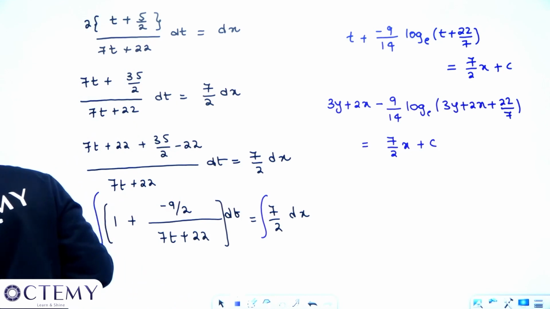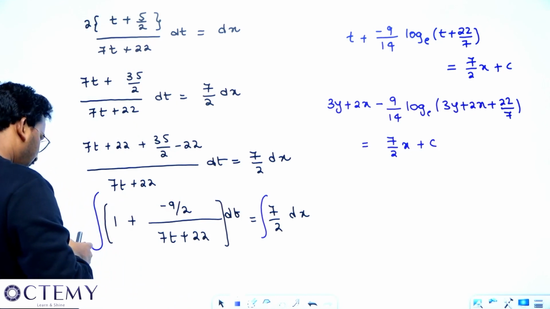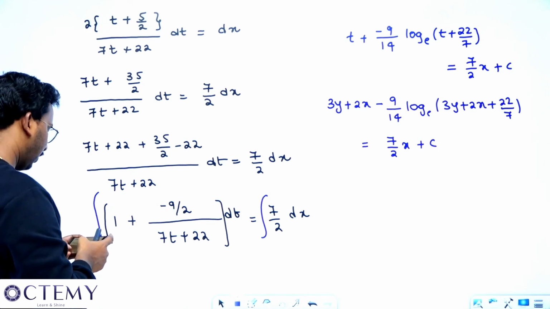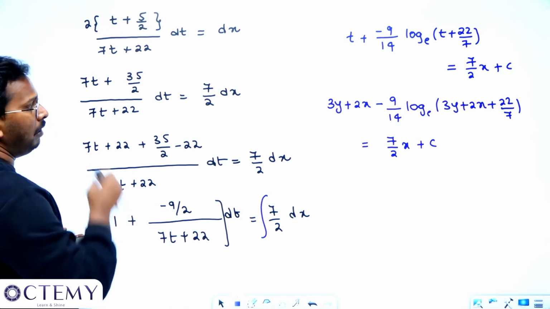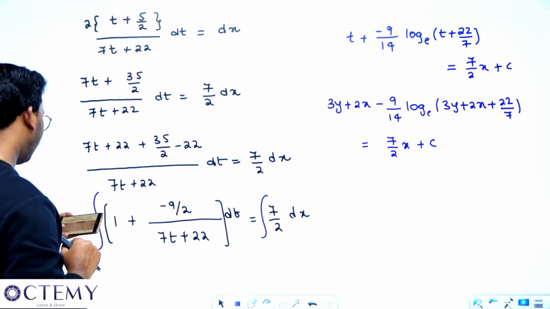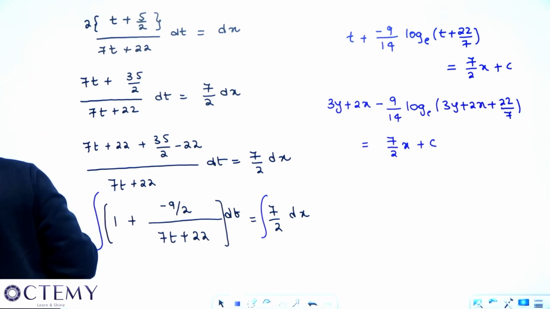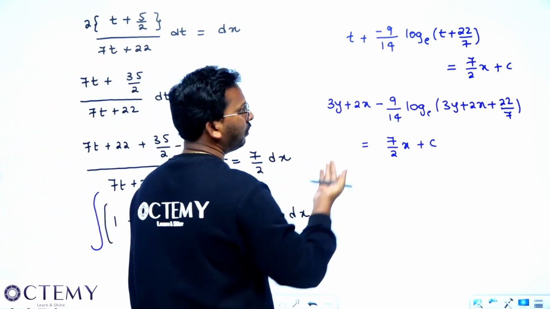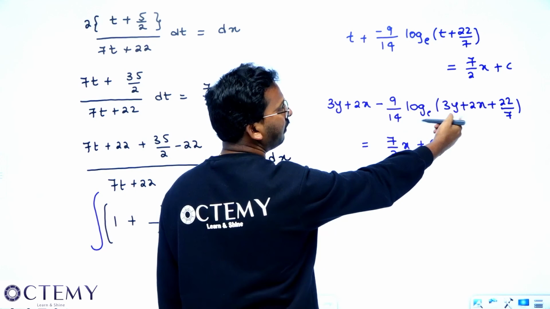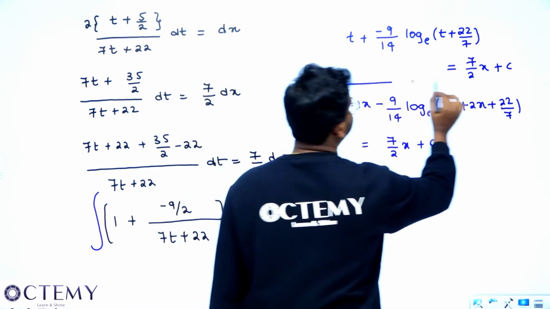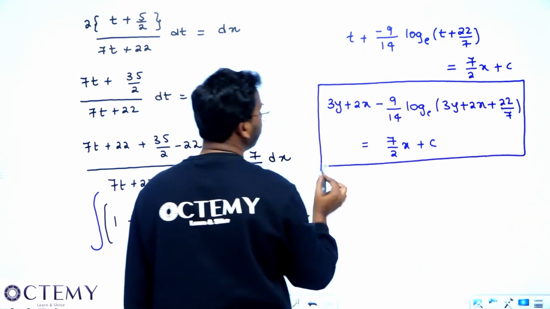Let me just check the answer. If you check the answer, we will get it as, yes sir, 21x. If we solve this, this is what we will get. So it will become 14x plus 21y plus 22. Very good, sir. This is what is right. So you can solve this a bit further. You can take the LCM and solve this. This is perfectly alright. You can solve this further if you want.